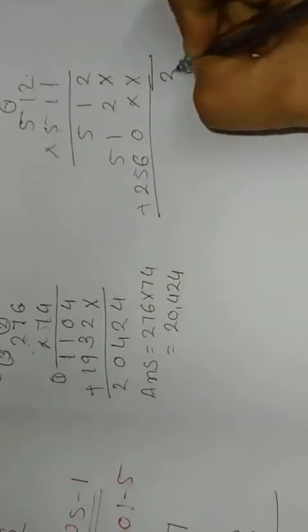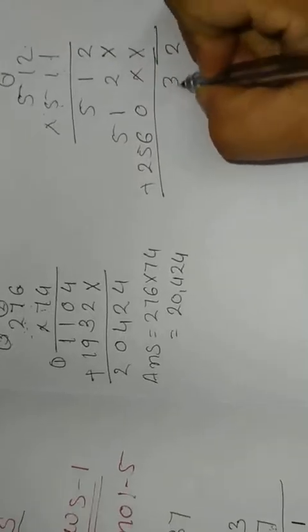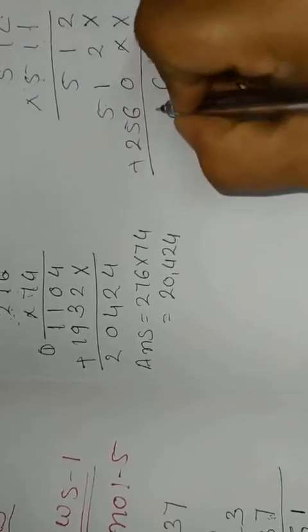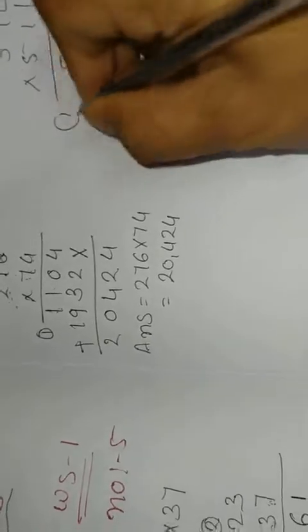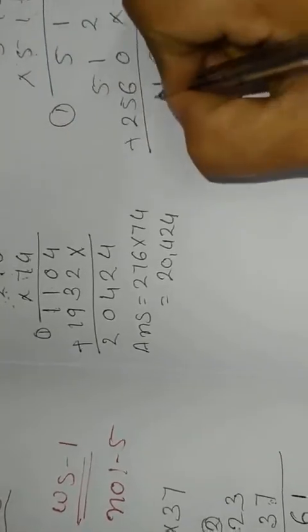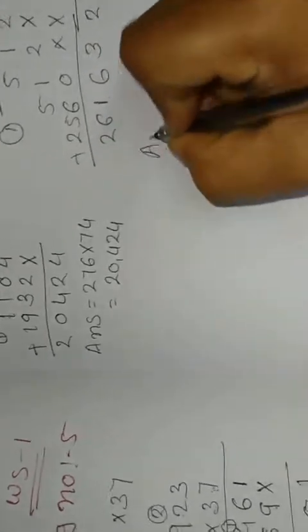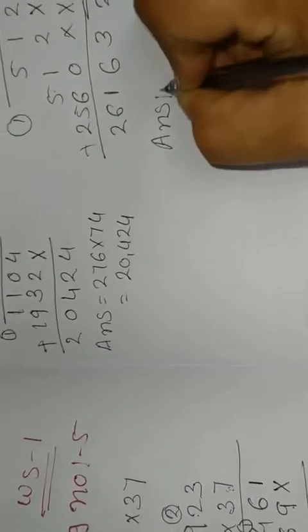2 as it is. 2 plus 1, 3. 5 plus 1, 6. 5 plus 6, 11. 1 is a carry over. 5 plus 1, 6. 2 as it is. So in that, the answer is equal to